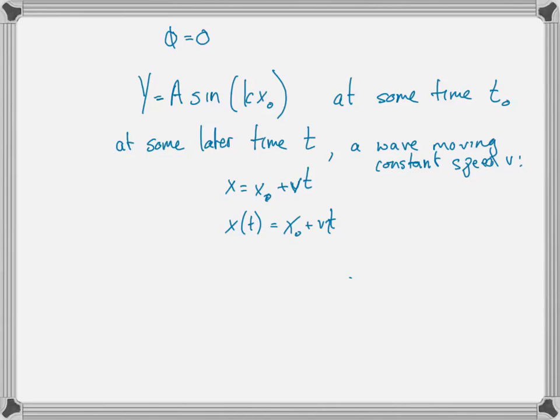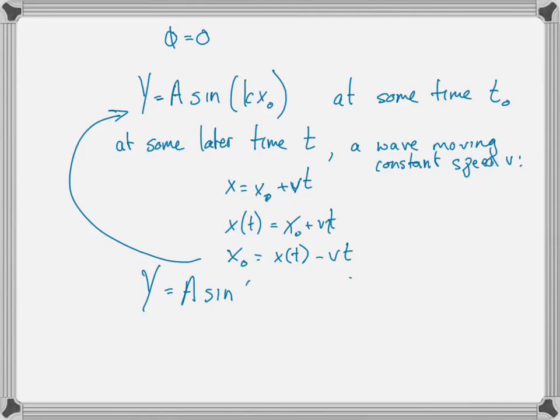Oh, my iPad is messing me up. And so that means that x0 is equal to x as a function of t minus vt. And that means we can plug that back into the equation of a wave, the spatial dependence, and get y equals a sine of k, x as a function of t, and we don't have to write it as a function of t, we know if we don't put a subscript on it that it progresses with time, x minus vt, and we can distribute the k, a sine kx minus